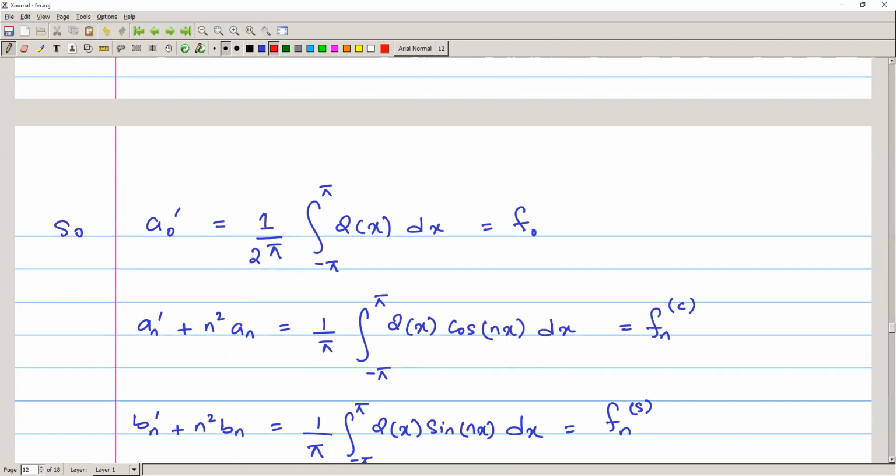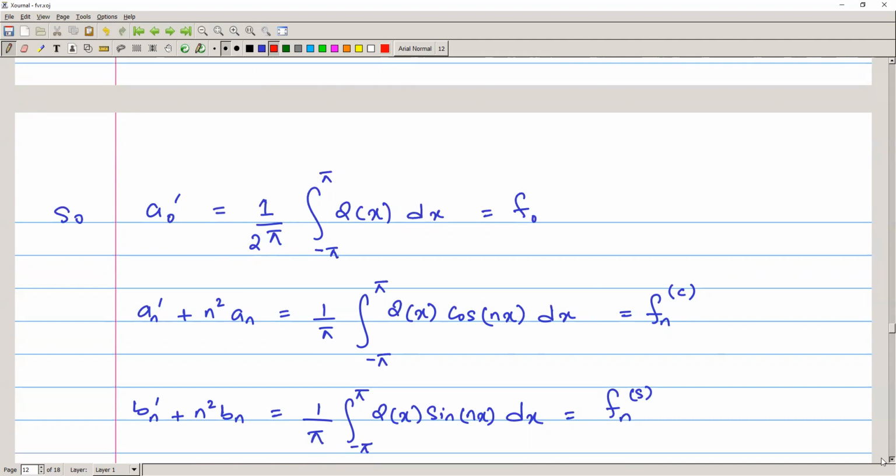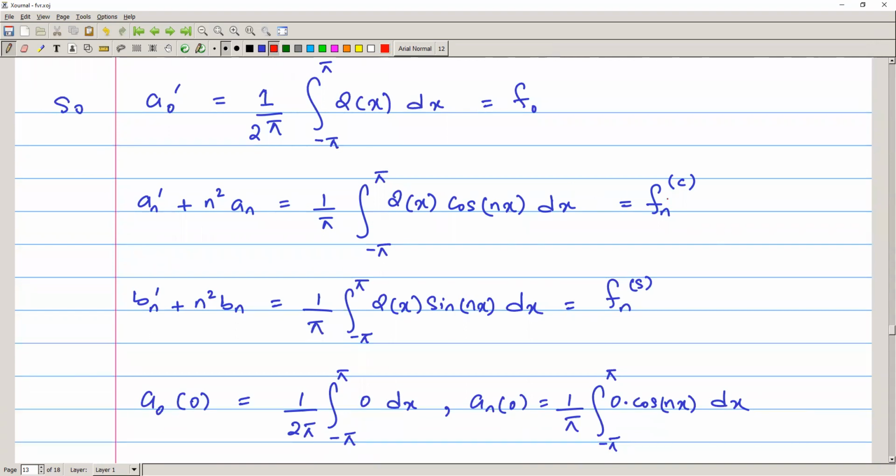We will call it f_n^c, because a_n is the coefficient of the cosine series, so we represent it by f_n^c. So b_n' + n² b_n is equal to 1/π times the integral from -π to π of q(x) sin nx dx,